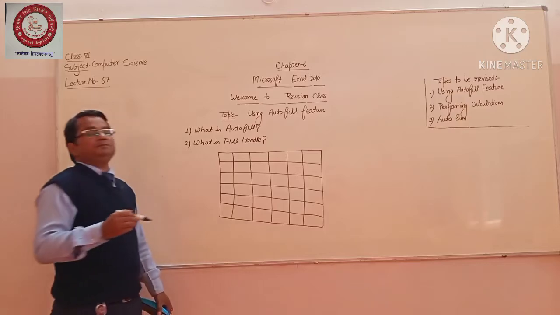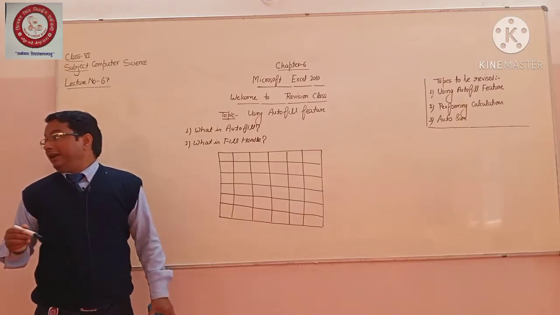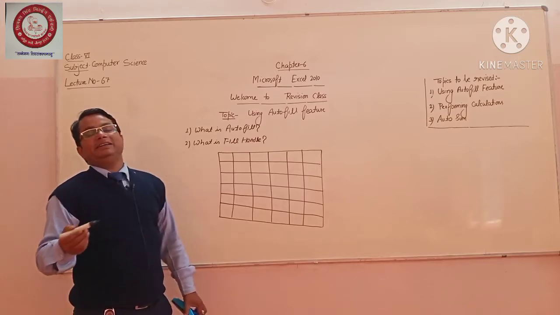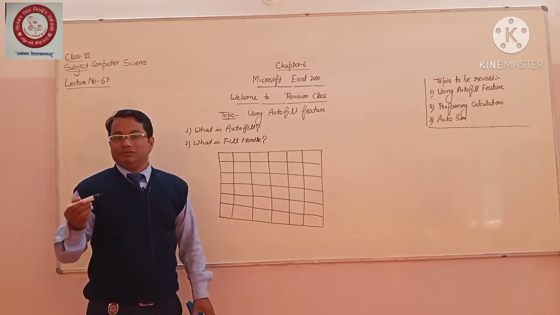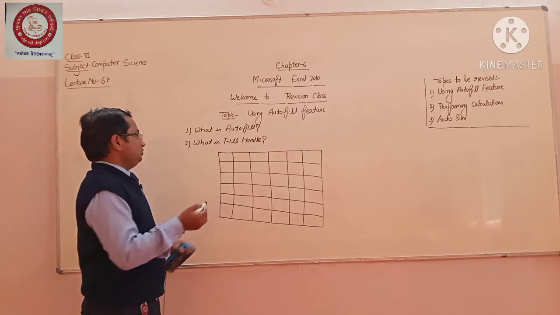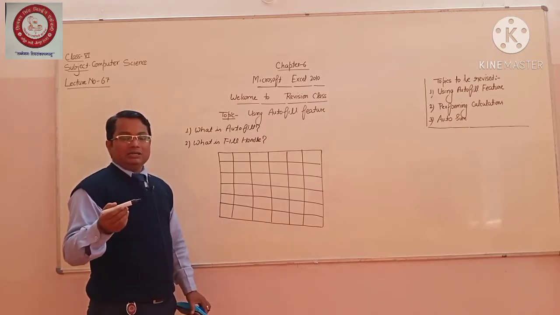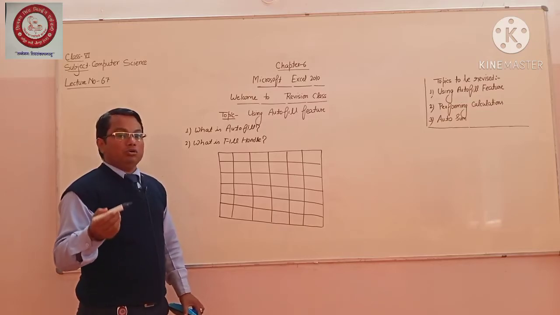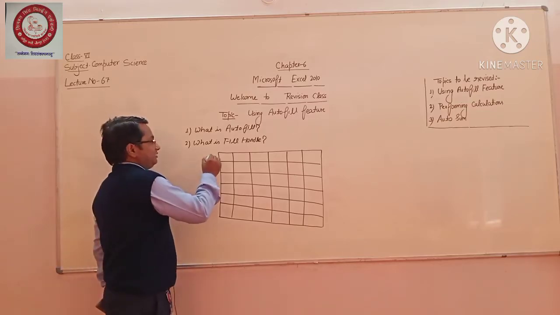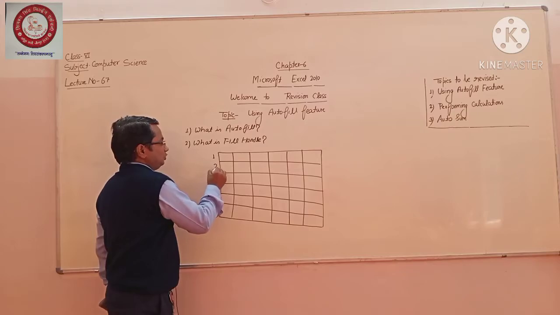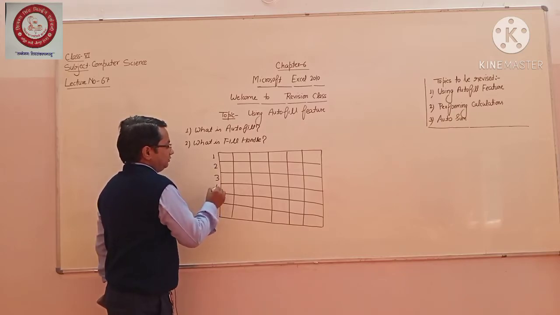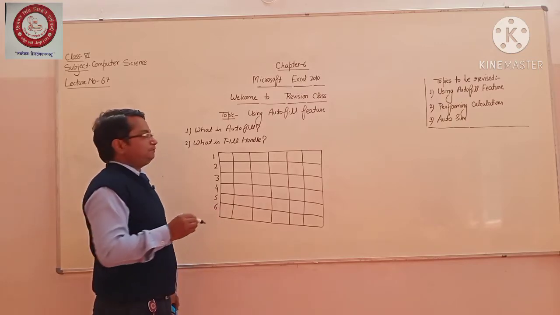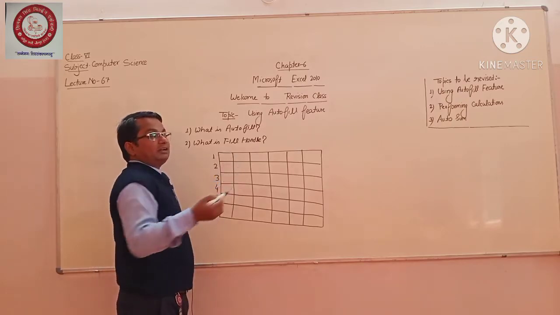As you know, this is your worksheet, and this worksheet contains many rows and many columns. The rows are always numbered. Likewise, this is row number 1, 2, 3, 4, 5, 6. So 6 rows are there, and columns are always labeled by